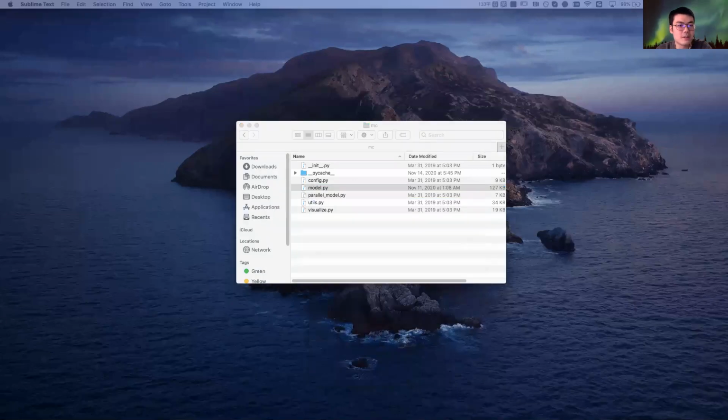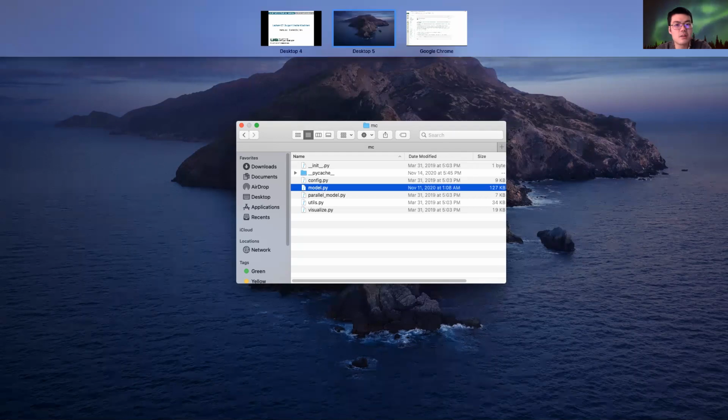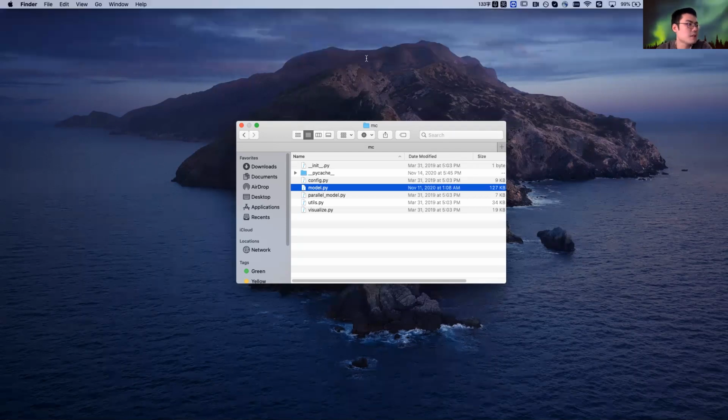But this model.py has been revised to be compatible with TensorFlow 2, which is now the default in most cases. If you want to run with TensorFlow 2,